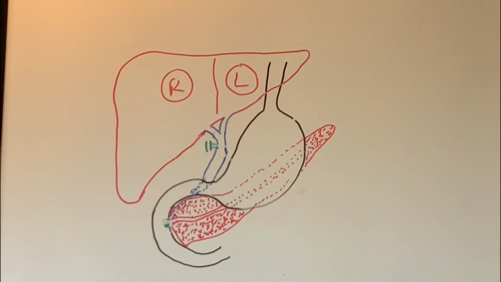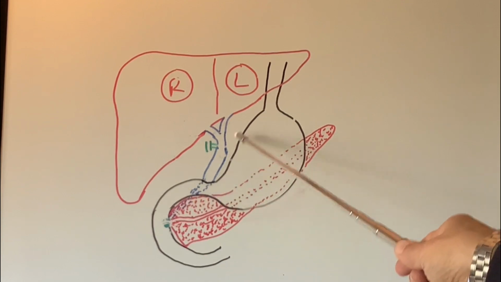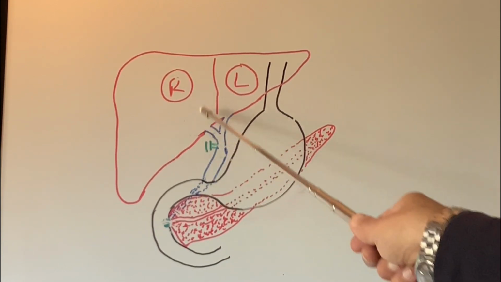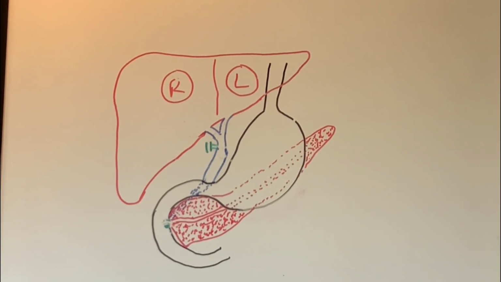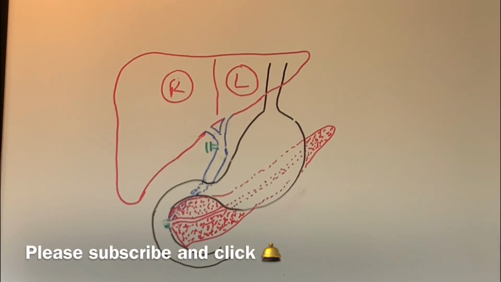So a few months after removing the gallbladder, the bile duct will become much bigger and pick up the function of the gallbladder, of storing bile between meals. I hope this video gave you some insight into the gallbladder, the function of the gallbladder, what it does in our body, how it works, and what happens after the gallbladder has been removed.